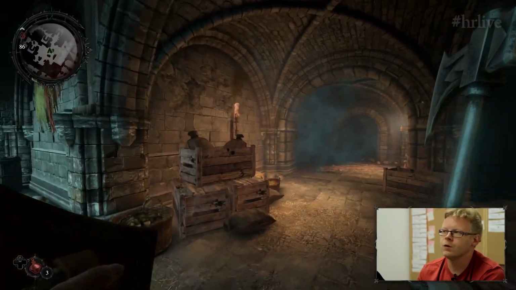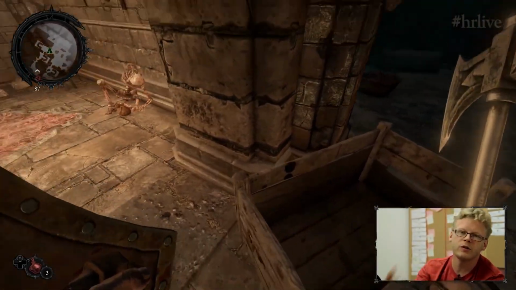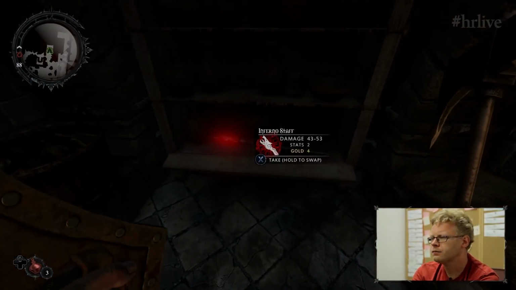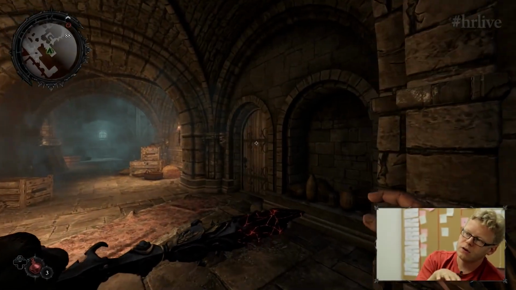And in prison, for example, you may find the spiked gratings. If you kick enemies onto them, like nailed to a wall. Oh, and this is the infernal stuff. So the infernal stuff is an example of